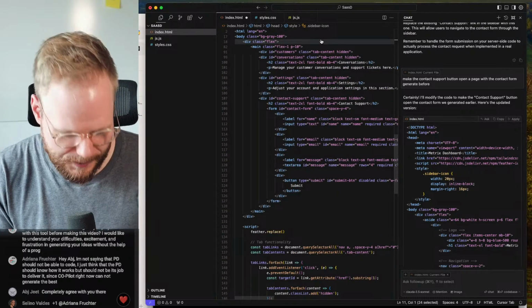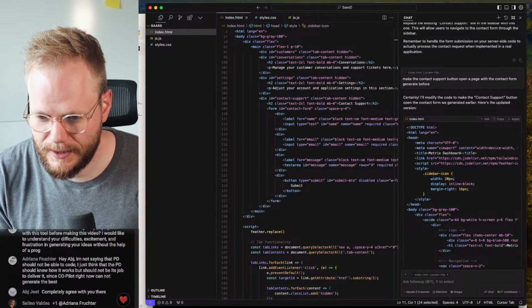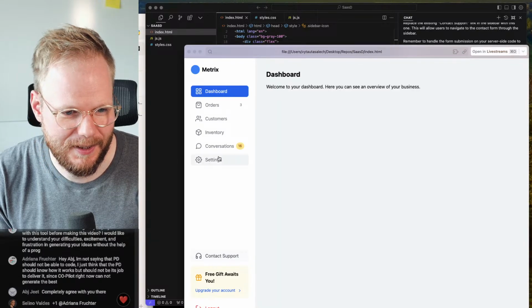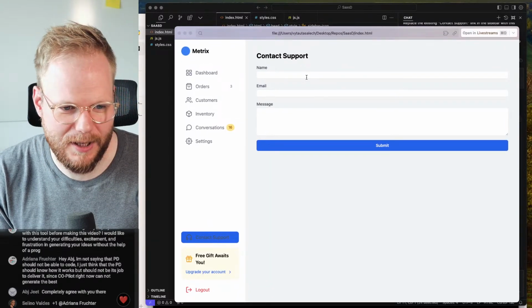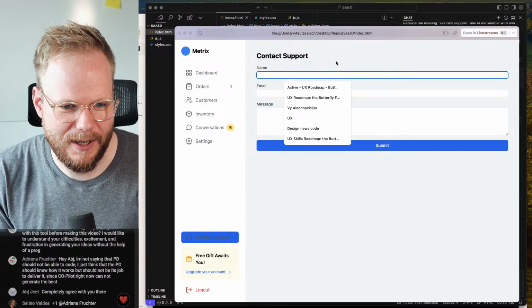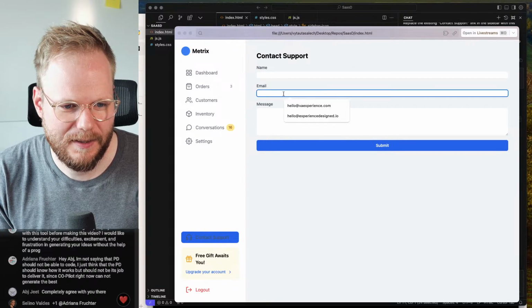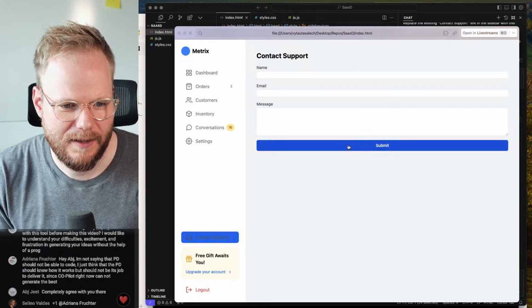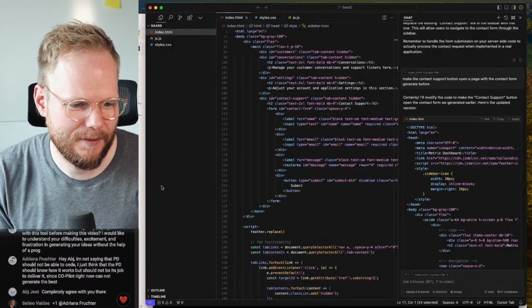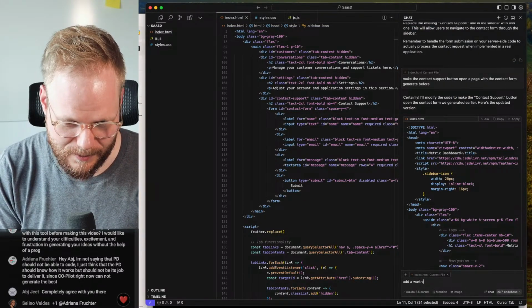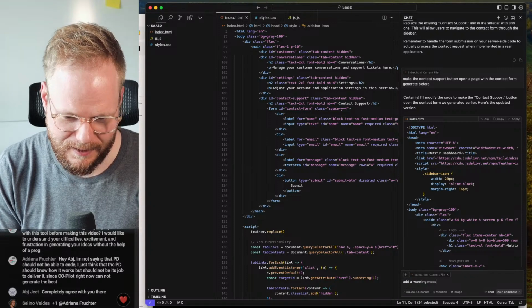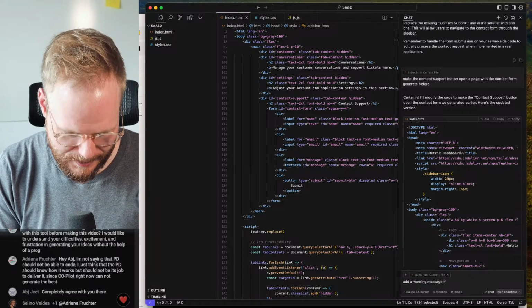Okay, I don't know if this is actually creating more spaghetti. Okay, contact support. Okay, so now it works, right? Just would want it to update. Okay, if I submit, it doesn't give me anything. So add a warning message if